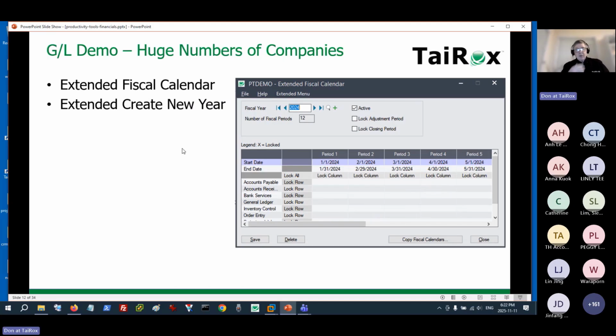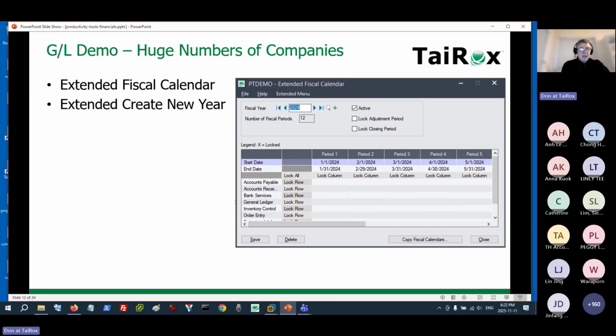Okay. Some of the other things that we have. I'm not going to demonstrate this, but I'll talk about the client we had. They operated franchises. They had 400 franchises in the hotel business, and they actually kept the books for their franchises. And then what happened is at the end of November, they started getting all of their November data wrapped up